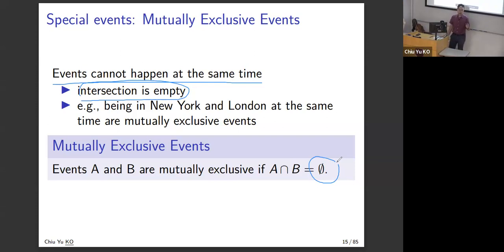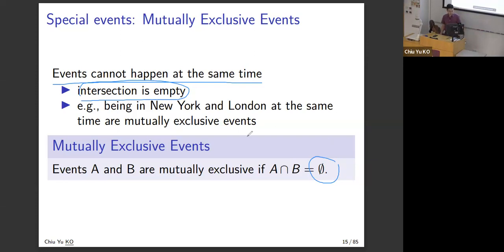Go back to the example. The boy may be dating girl A or B, which are mutually exclusive, but he may be dating girl C, not A and B. Maybe girl D and E and F and G. And if you are in CUHK and HKU, they're mutually exclusive, but you can also be in Harvard, in Cambridge, or in PKU. You can be anywhere in the world other than the places I mentioned. So this is what we mean by mutually exclusive.